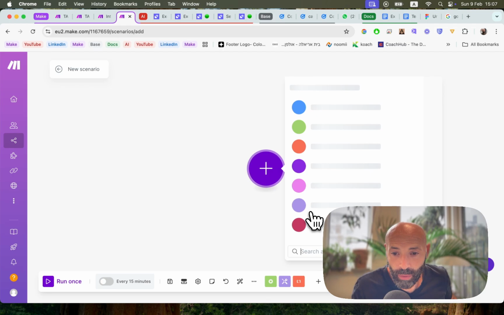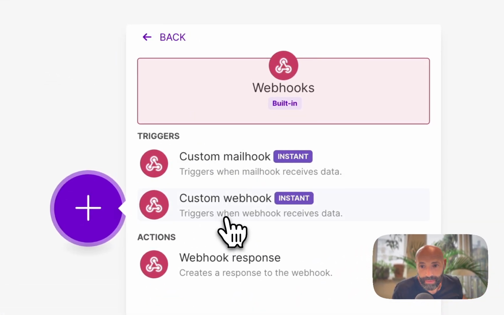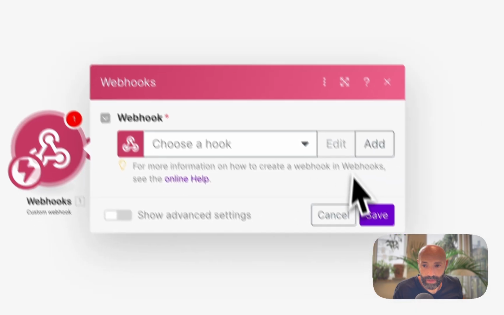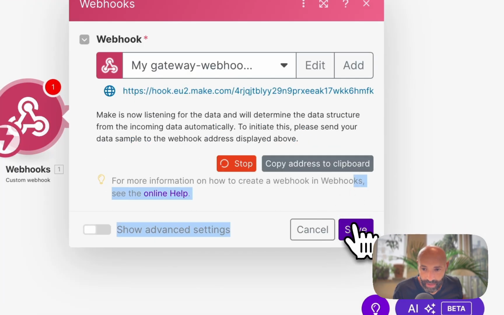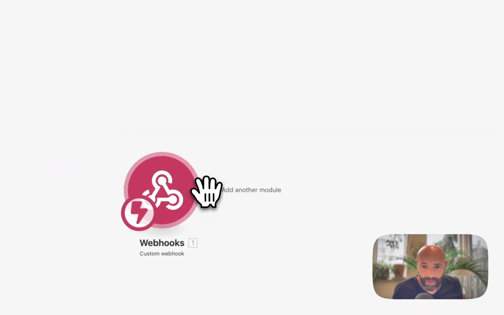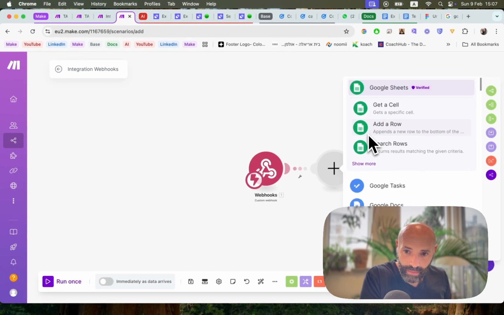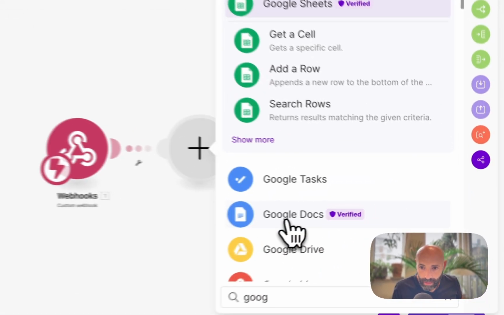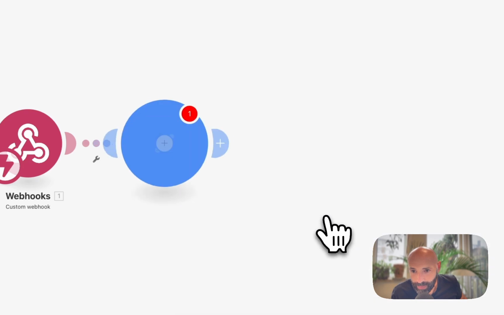And you have first a webhook, right? This is what we're going to put inside our API. You're going to add, save, copy the link into your Relevance, and here you're going to see Google Docs. All right, and here you have create a document from a template. So you choose this,